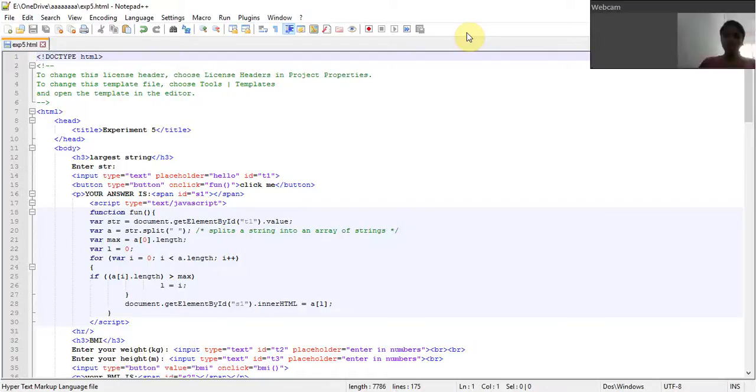Hello, this is Chalsa, your 14CS208, and this is my web experiment, exercise number 4, which is about JavaScript elements and events. In the first question, I have to display